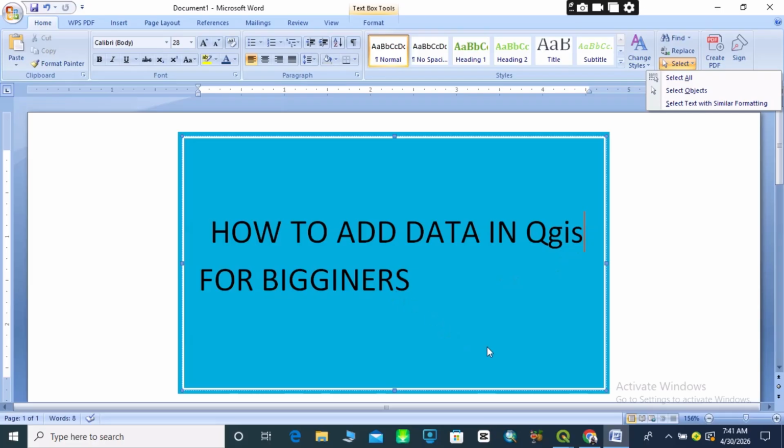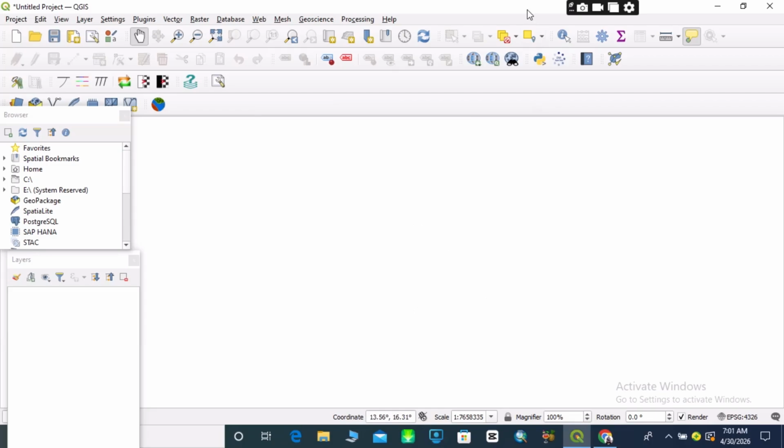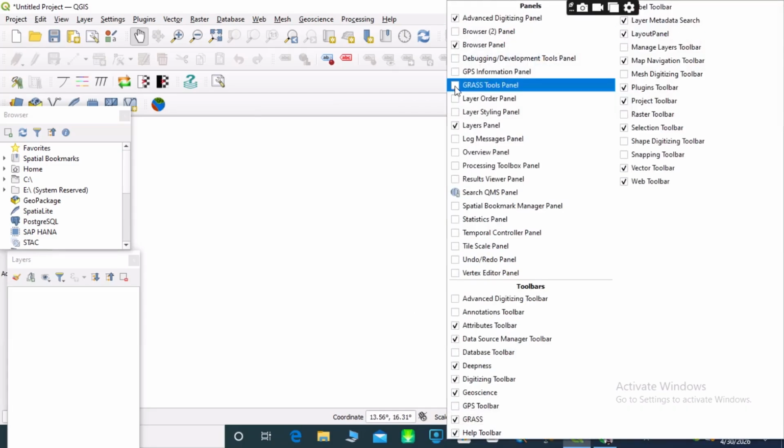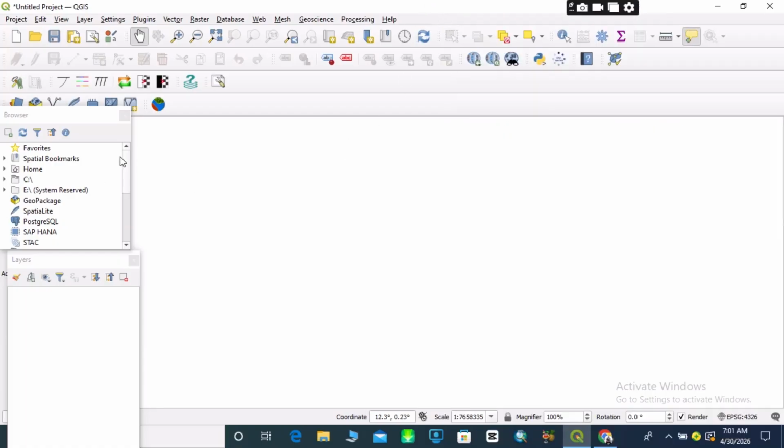To do that, I will come over to this blank space and click on it. This option will pop up. I will make sure that the browse panel is checked so that it will appear under the table of contents. So when the browse panel shows here,